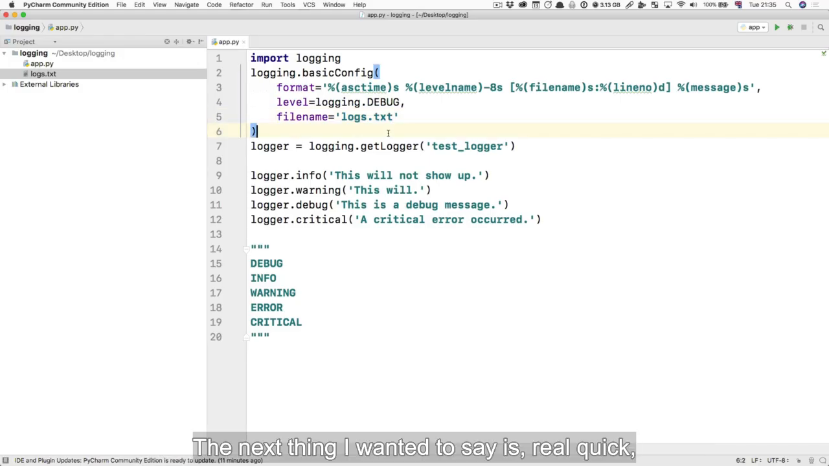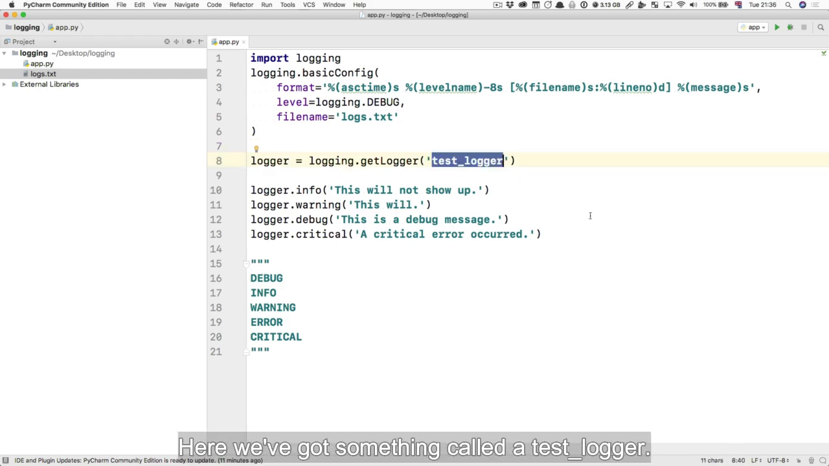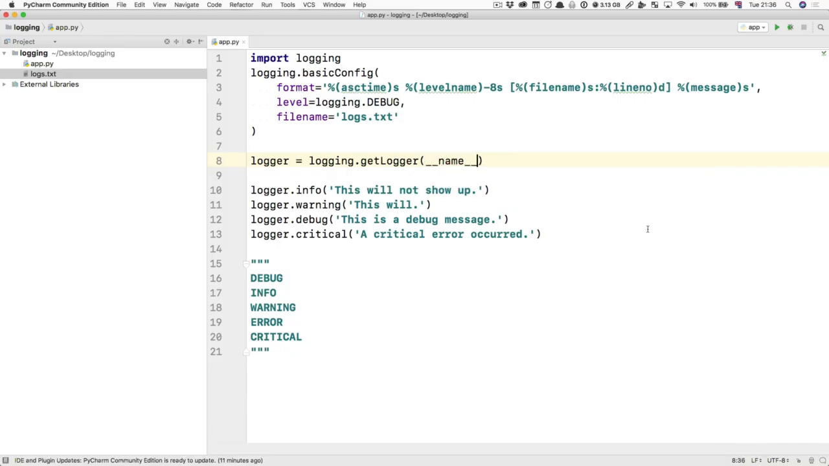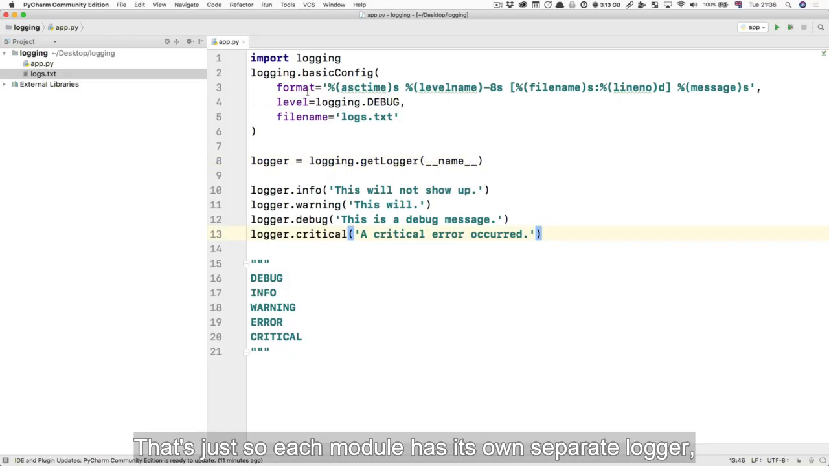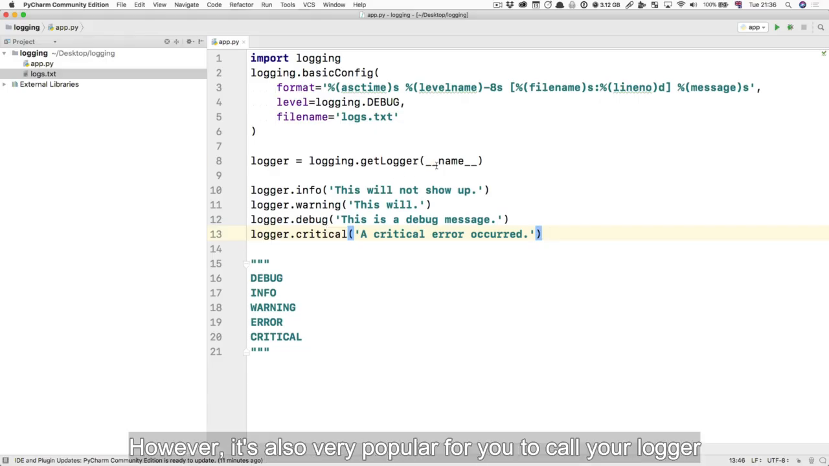The next thing I wanted to say is real quick how these loggers are structured. Here we've got something called a test logger, but normally you would call this something like __name__. That's just so each module has its own separate logger, and you have a bit more flexibility with how the loggers operate. However, it's also very popular for you to call your logger something